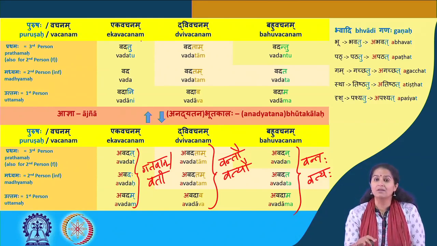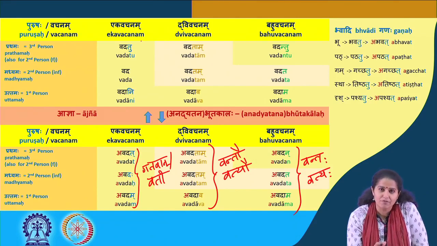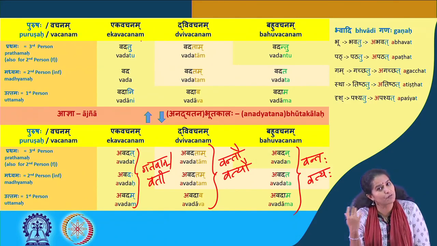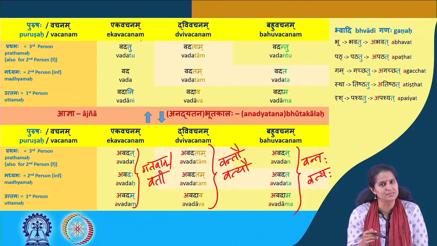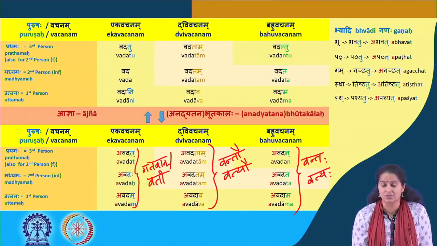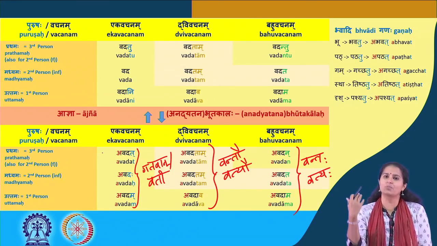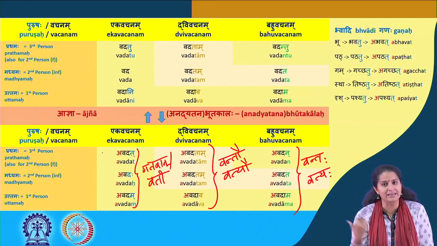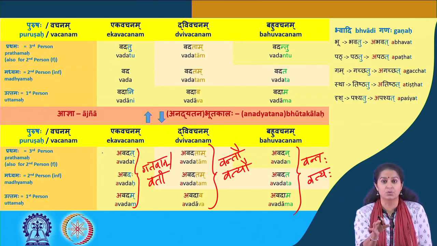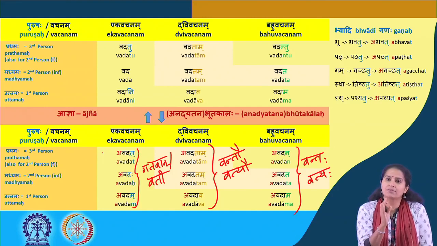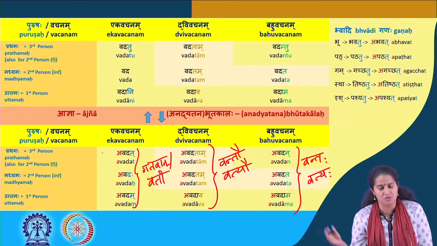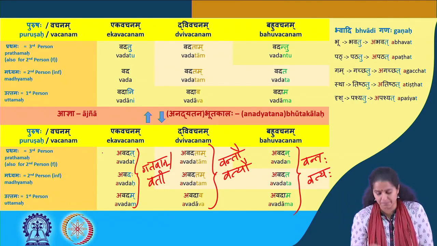So with the bhutakala, what do we notice? So there's a lot of visuals involved as well. So there's a lot of hearing and there's a lot of visuals involved in the learning of the Sanskrit grammar. So here, like you can see, the difference is the A, to indicate the past tense, that which is not there now. So implying the past. So satya, that which is true. Asatya, the absence of truth. So the A often in Sanskrit implies the absence of. Okay. So therefore in this context of the verb, it would imply the past tense.